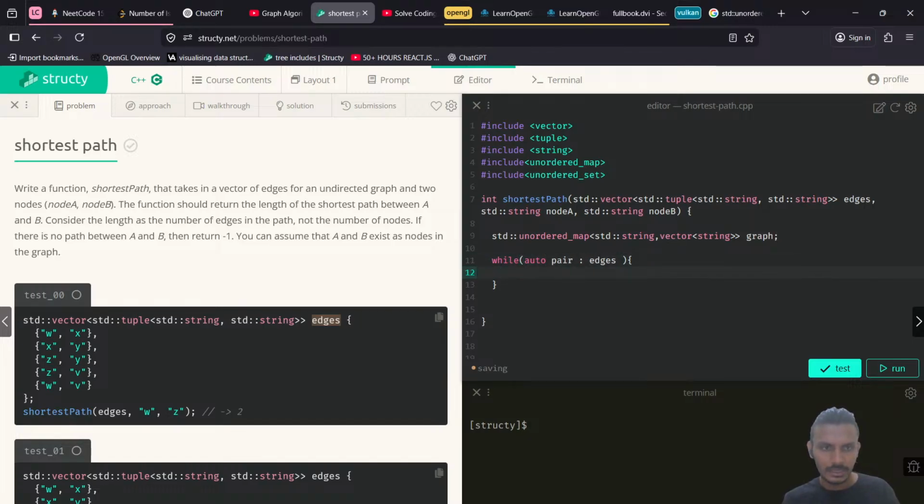Get the first and second, so that will be first, we get